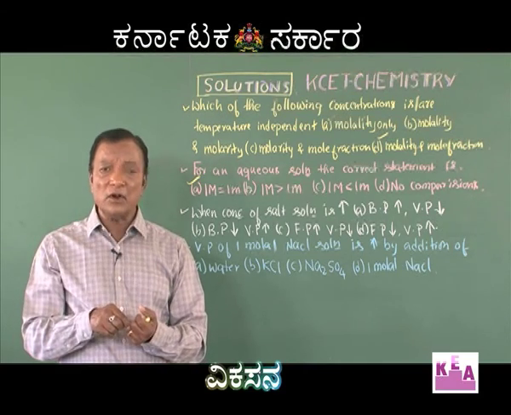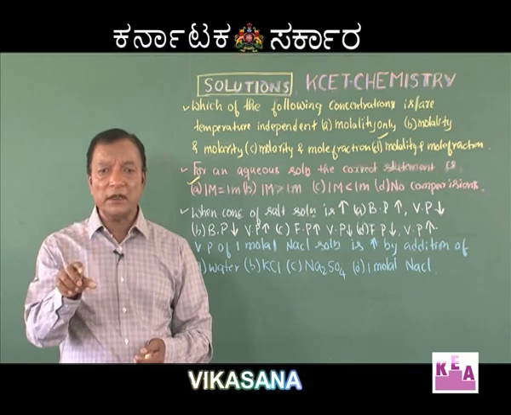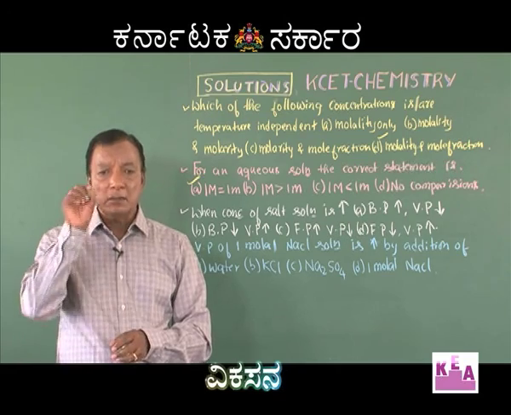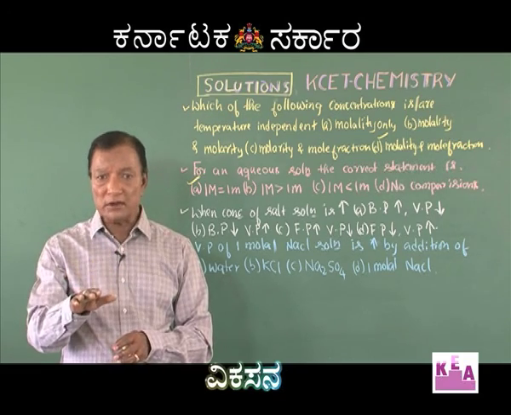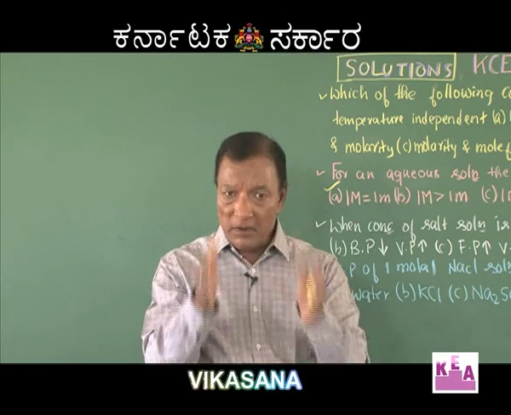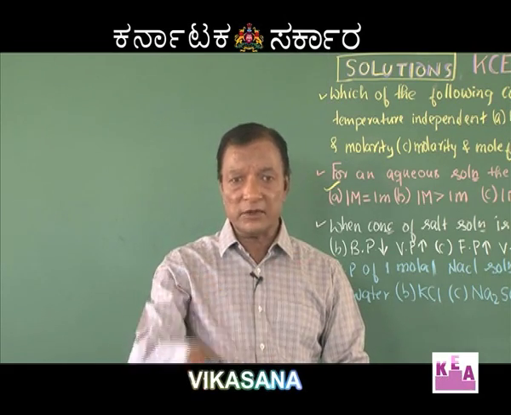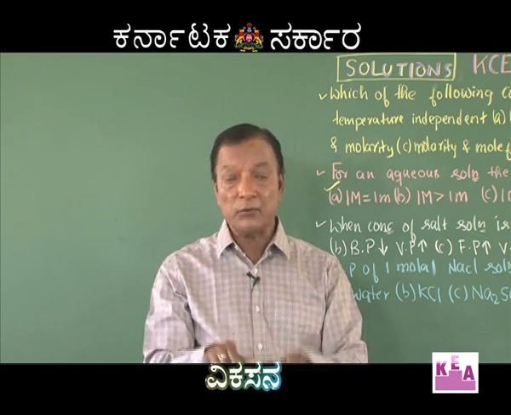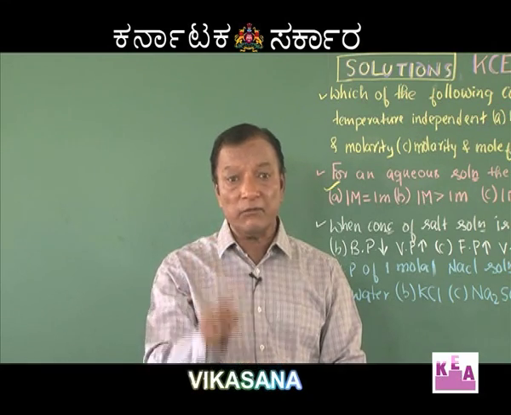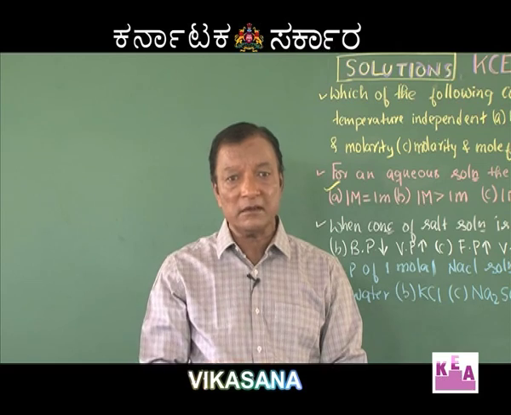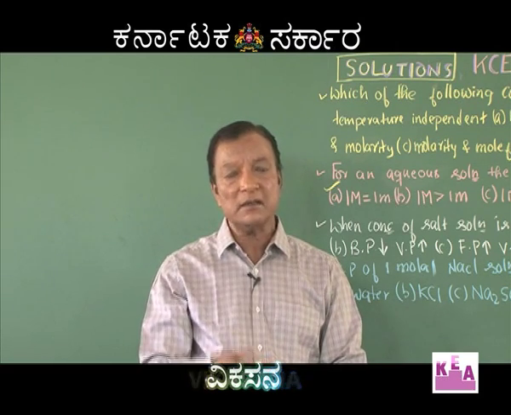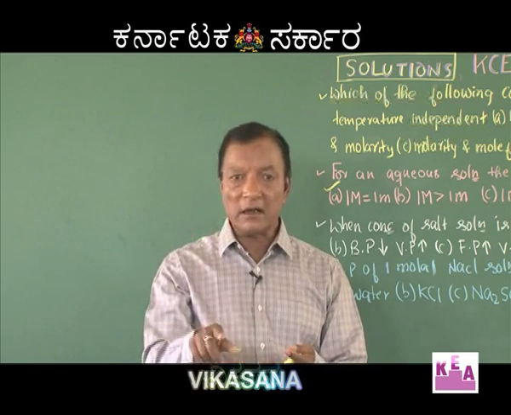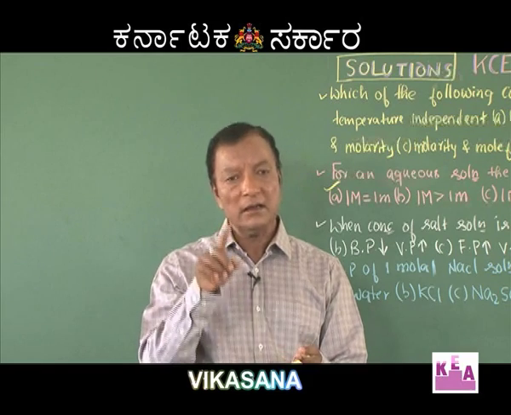When the solute is dissolved, the vapor pressure of the liquid, that is the solvent, has to decrease, because the presence of the solute carries some solute particles on the surface of the solution. So the surface will be covered with some solute particles. Therefore, less area will be available for solvent molecules to get vaporized. Hence, vaporization will be less and vapor pressure will be less. That is number 1. Addition of the solute decreases the vapor pressure of the solution.